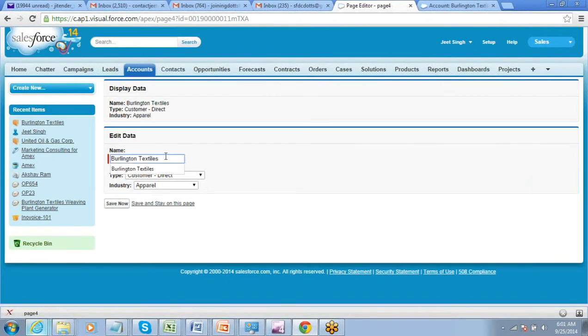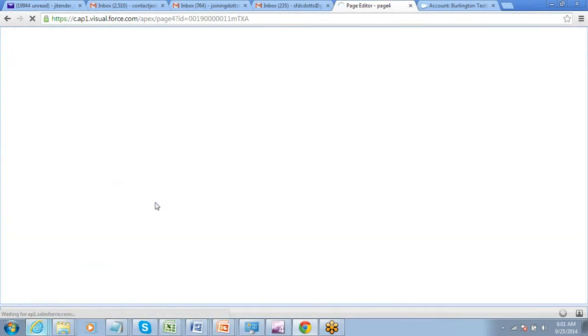Now if I want to change it to the earlier stage, okay, so if I click on save, what will happen? Again it will save the record and take me to the detail page of the record, which I do not want. I just want to stay on the same page. So just click on this link, quick save.